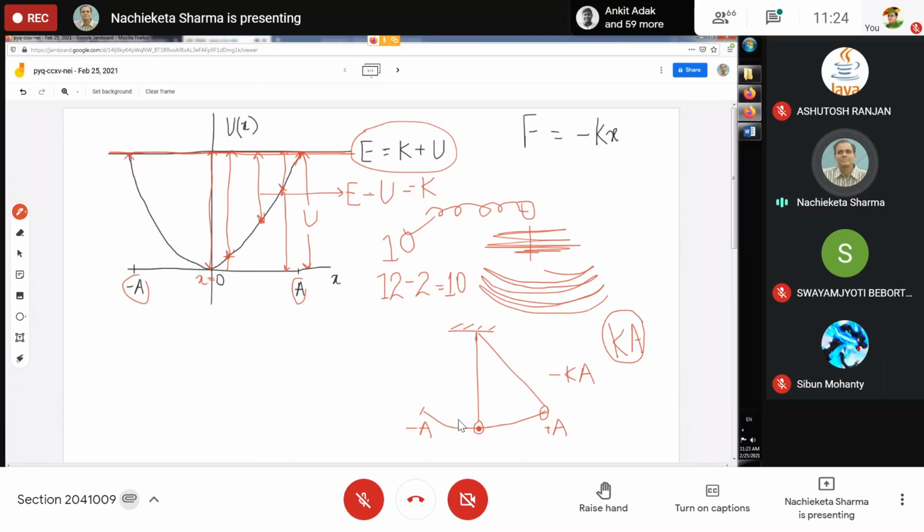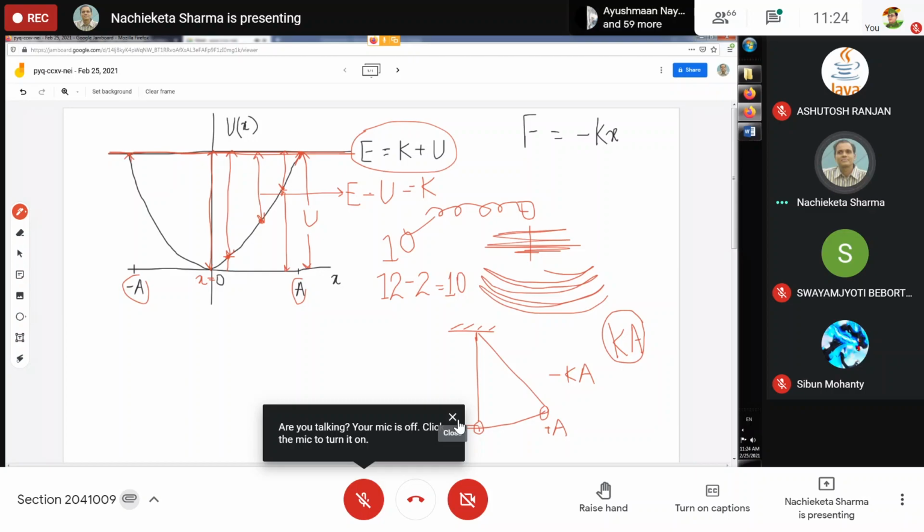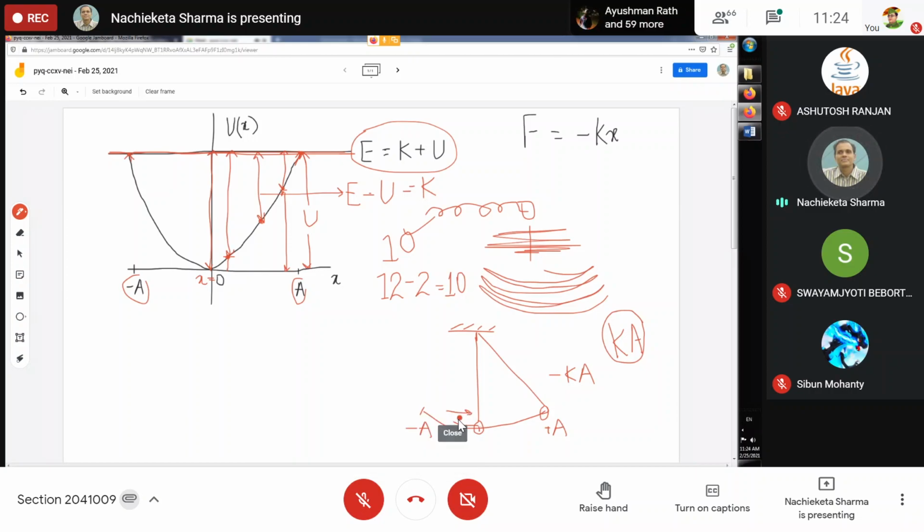The force has given the body the maximum possible speed, and due to that maximum speed, the body doesn't come to a stop at the equilibrium or mean position. It again overshoots and moves in this direction. But immediately the force starts acting in the opposite direction. So my question was, are the force and the direction of velocity in the same direction or in the opposite direction? Opposite direction. So the speed will decrease.